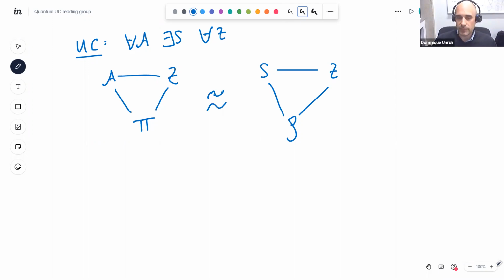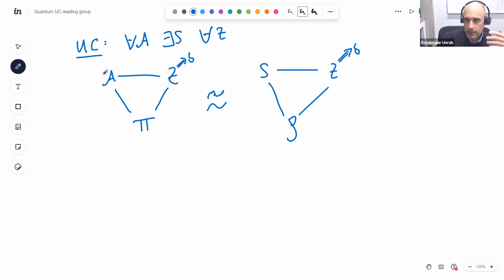And now, if we want to have quantum UC, all we need to do is to say all those machines and all those wires here are quantum. So that's basically it in a nutshell. So essentially, maybe I draw here, it outputs some bit B in the end, just to make this explicit. So all we have to do if we want to go from UC to quantum UC is to define a machine model for those machines and a network model for the execution.